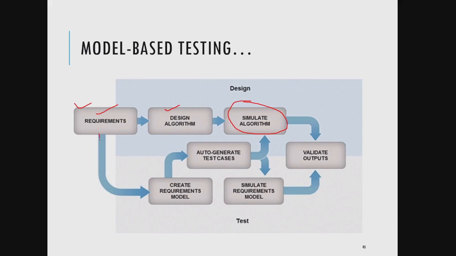So we can create a requirement model, auto generate some of the test cases, and go to the simulation part. We run the simulations for these test cases and get some results. Here the simulation and requirement models are there, and we are going to validate with them. We will test all possible cases in this simulated environment, and if it is valid and working, then our testing is completed.